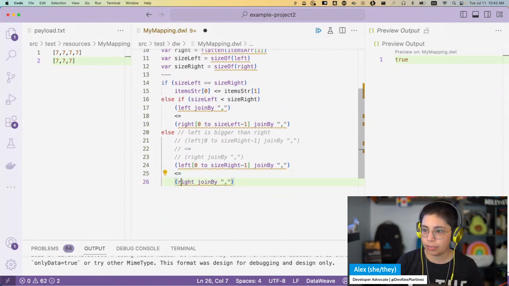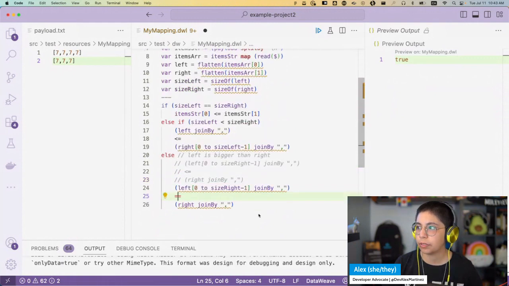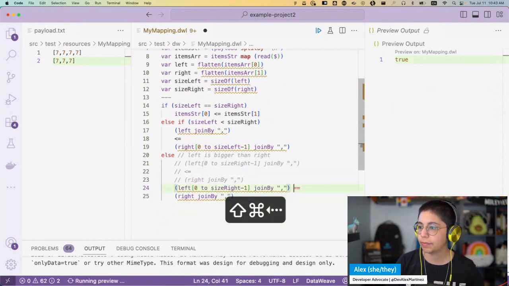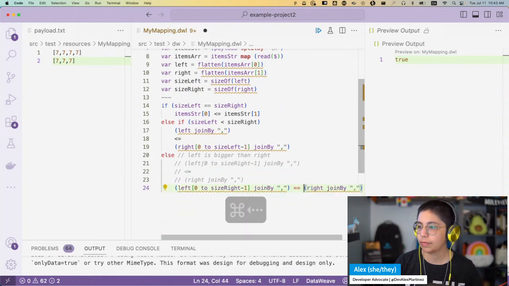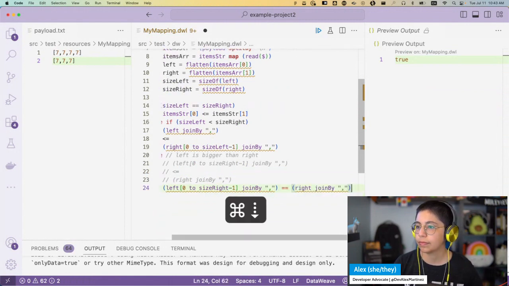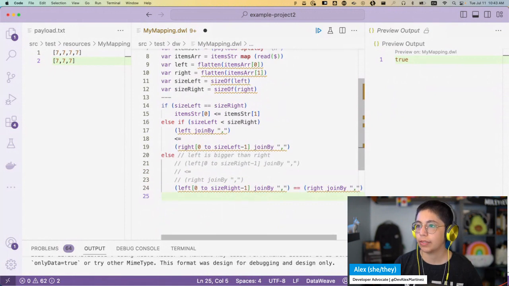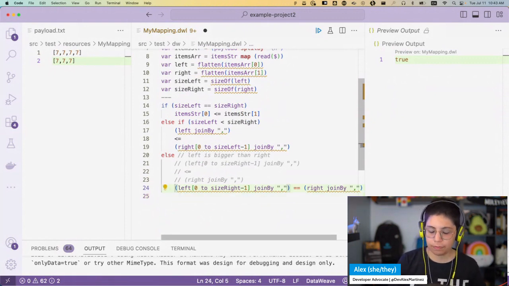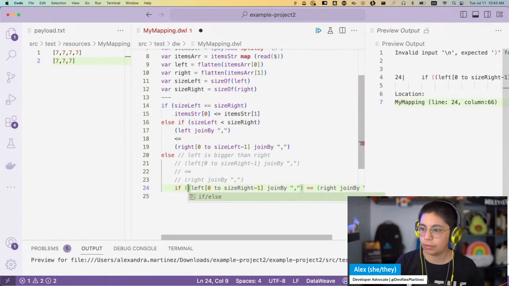If left is equal, and this is gonna be true, then let me put this here. And whoever has the biggest number wins. Okay. So, and then if this is true,